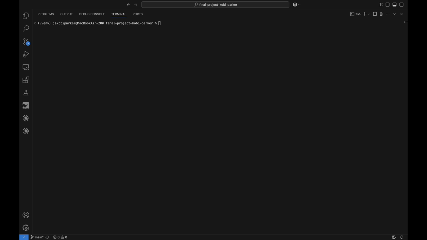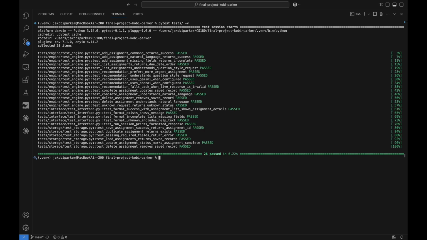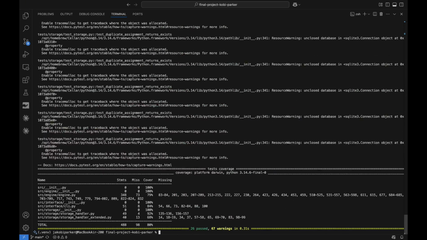Now I'm running the automated tests for all three layers. If you want to show the coverage too, you can optionally run the command, and this shows the coverage for